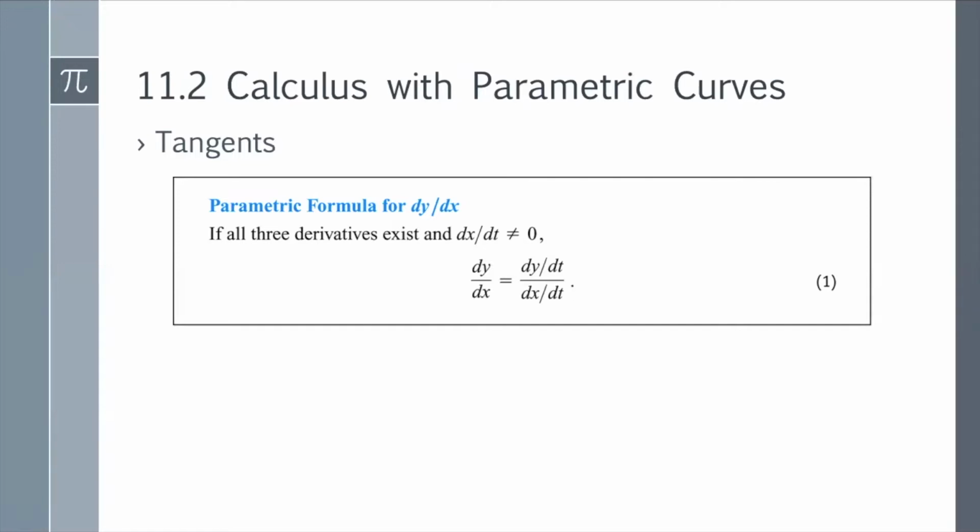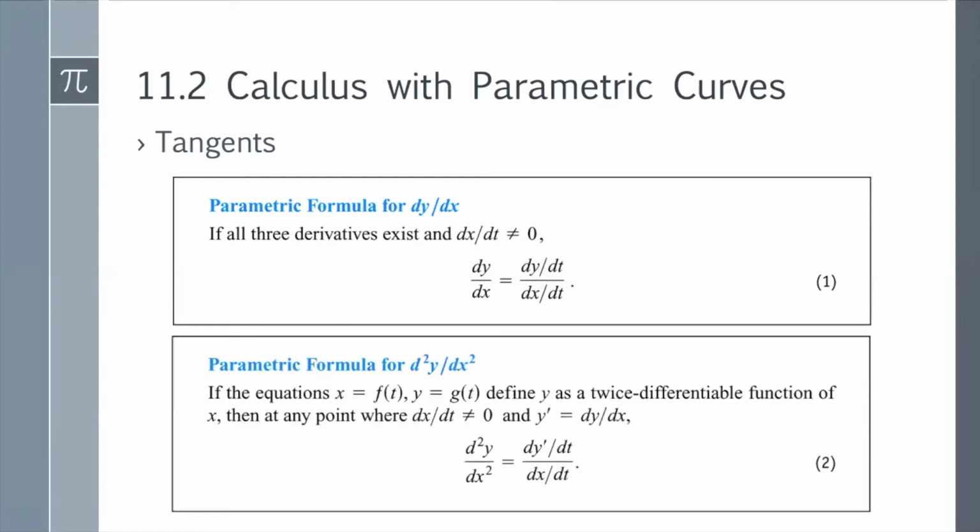If all three derivatives exist and dx dt is not equal to 0, then dy dx is equal to dy dt over dx dt. So this is a form of the chain rule. And the parametric formula for the second derivative of y with respect to x, if the equations x equals f